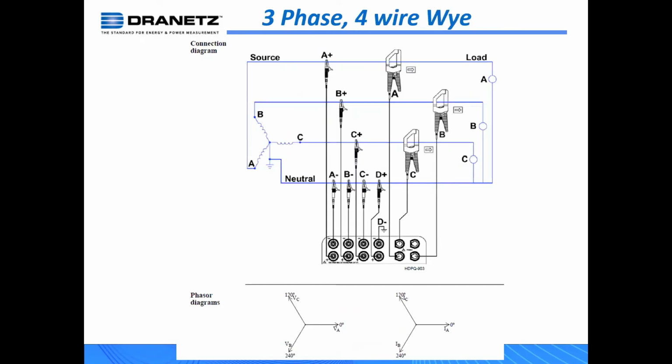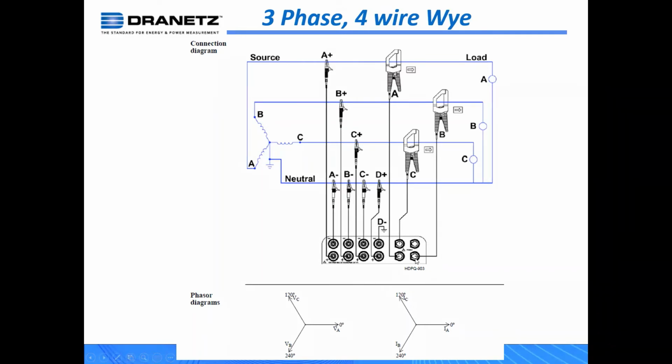This is probably one of the most common, 3-phase 4-wire Y. The 4-wire indicates the number of current carrying conductors. And we could probably guess what that is. You have your 3 phases and then you have your neutral. And of course, it's 3-phase. The measurement here is your typical A to neutral, B to neutral, C to neutral. And then of course, if there's a neutral involved and the ground involved, we're always monitoring the neutral